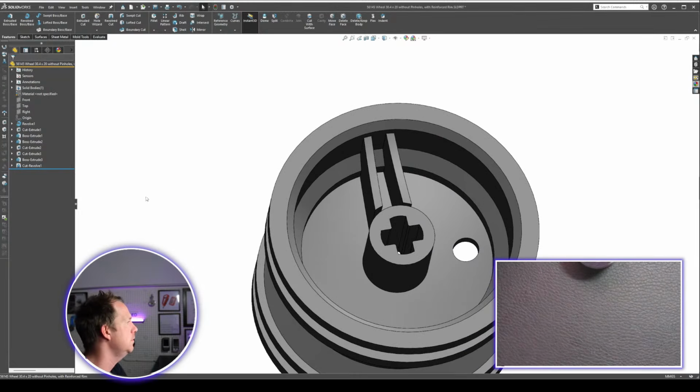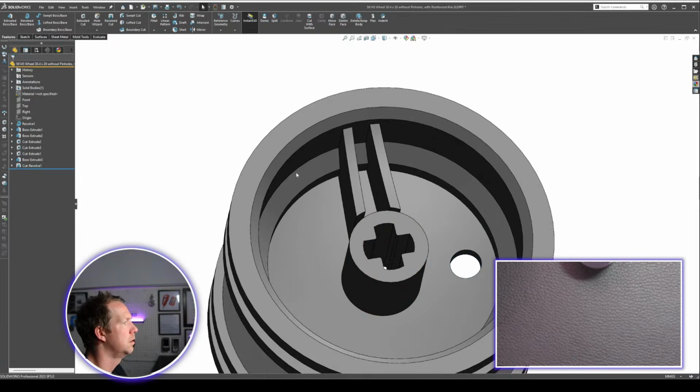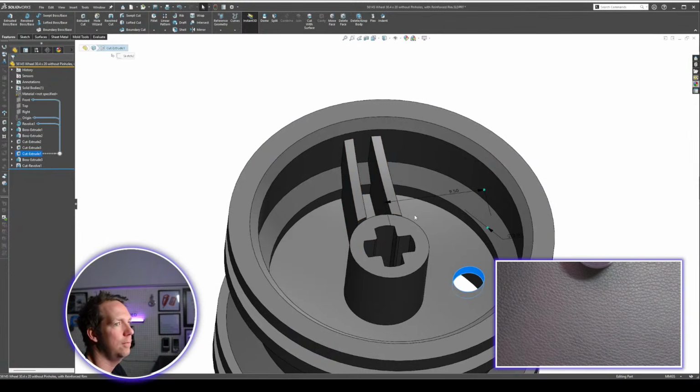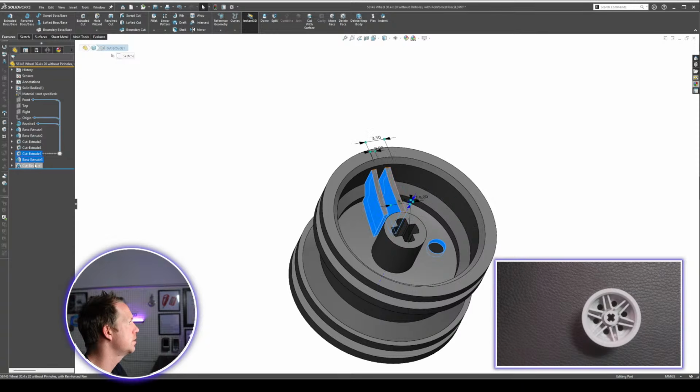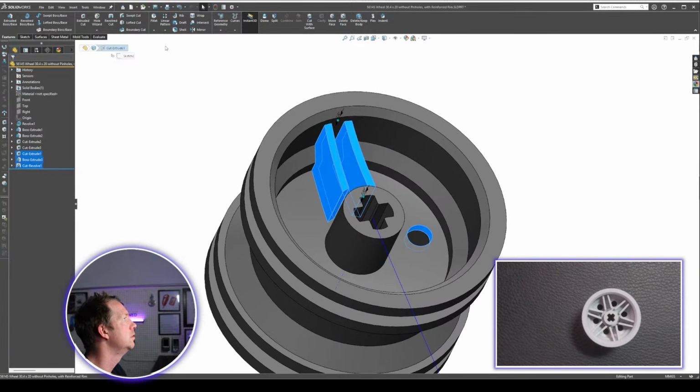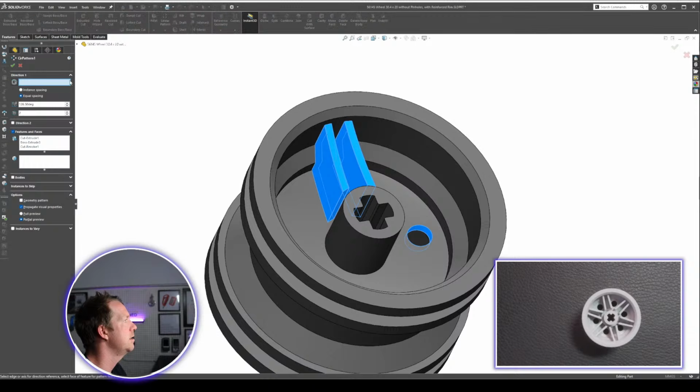Now we can grab that circle, that hole we did earlier, this extrude, this cut revolve, do a circular pattern, equal spacing,